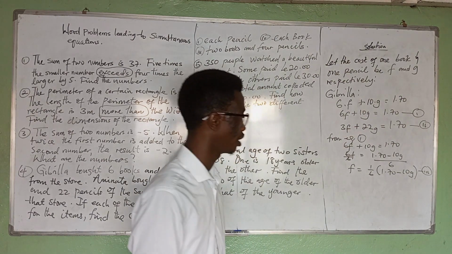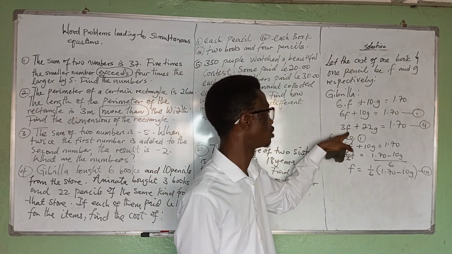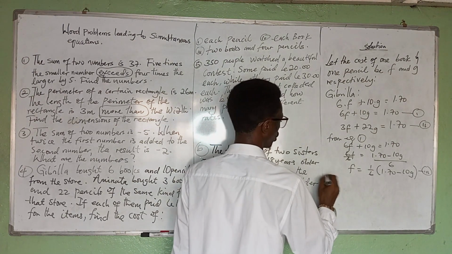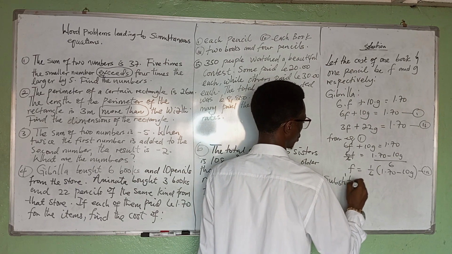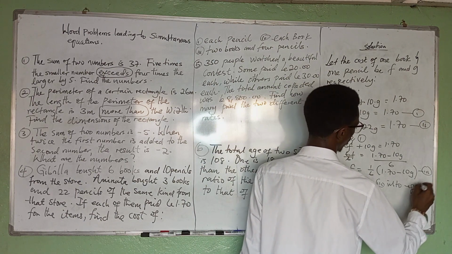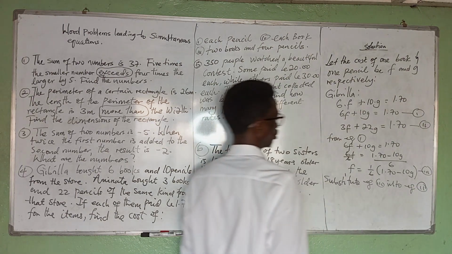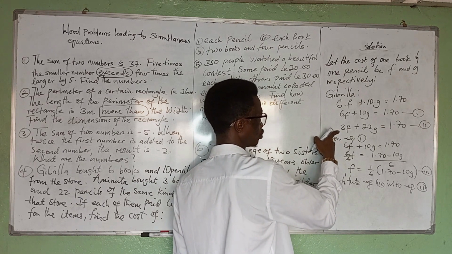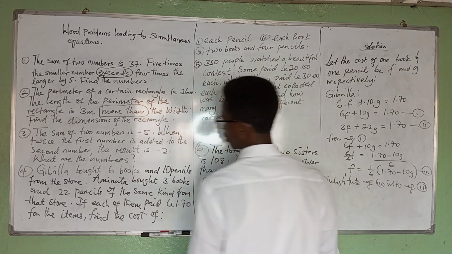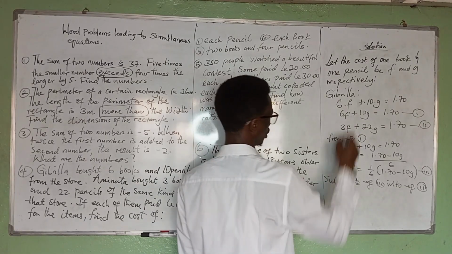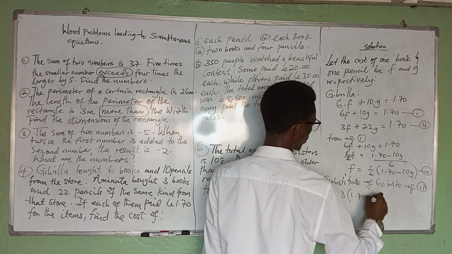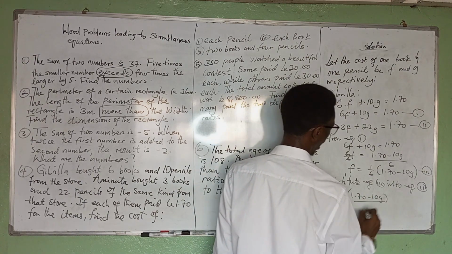So all you have to do now is to substitute equation 3 into equation 2. So wherever you see F in equation 2, you write 1 over 6 into 1.70 minus 10G. So that's what you have to do. Okay? So this becomes 3 into 1.70 minus 10G all by 6